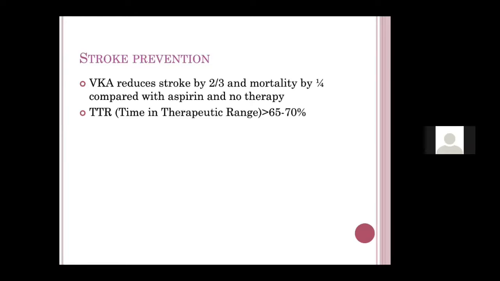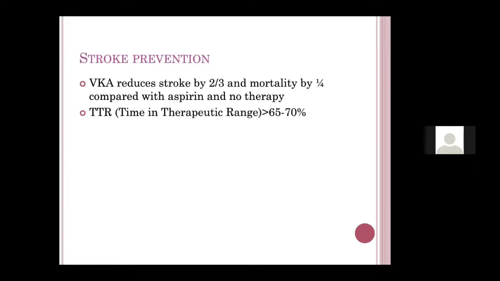And there is something known as time in therapeutic range. Suppose the patient comes once in 2 months for PT-INR monitoring. In the last 3 times, if the patient is in therapeutic range 2 times, since INR we should maintain at 2 to 3. With warfarin, it usually never happens that all 3 times you get the proper 2 to 3 values. Only 2 out of 3 is possible. So time in therapeutic range is around 66 to 70% with warfarin or acenocoumarol.